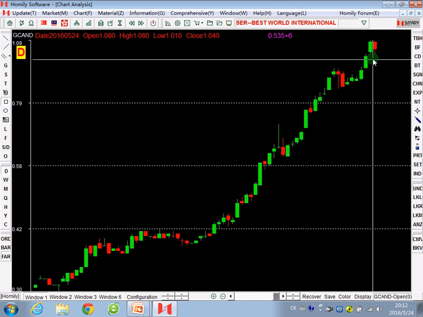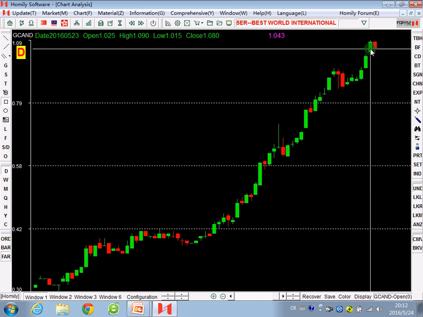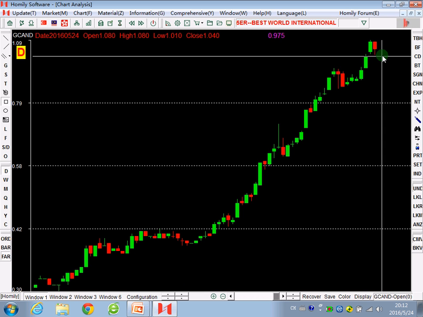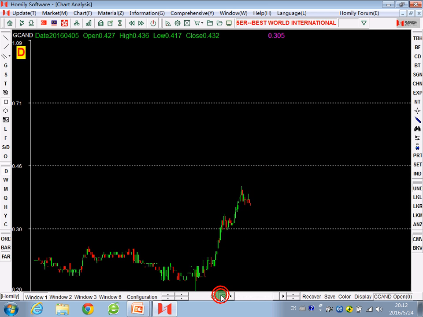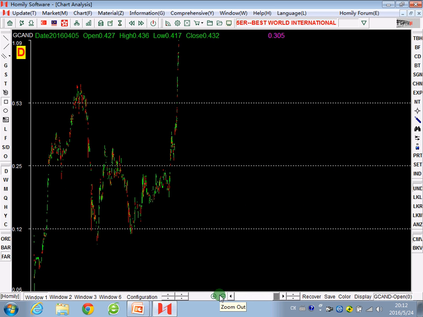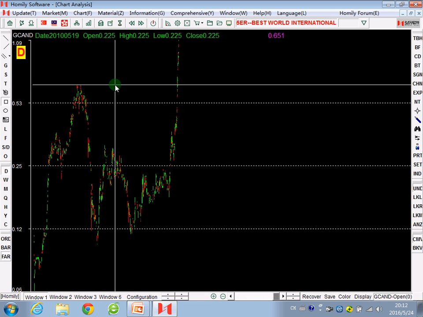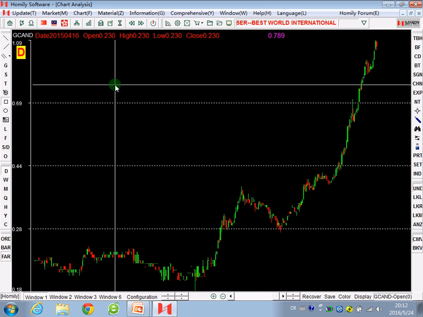Can we confirm that here is the low point, high point? Use your fingers. Please remember. 1, 2, 3, 4, 5. We cannot confirm this is the high point, right? So we need to wait. Then maybe we should see the previous low point, but we can see here, it creates a new high, right? So we cannot find the high point with certainty, so we can use another indicator to judge this stock,